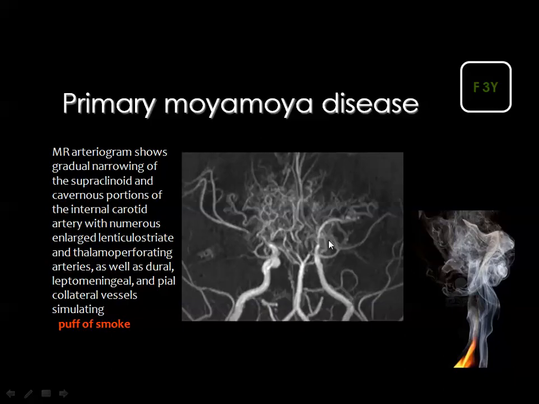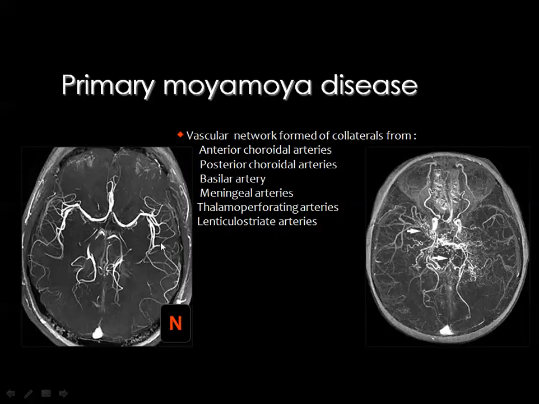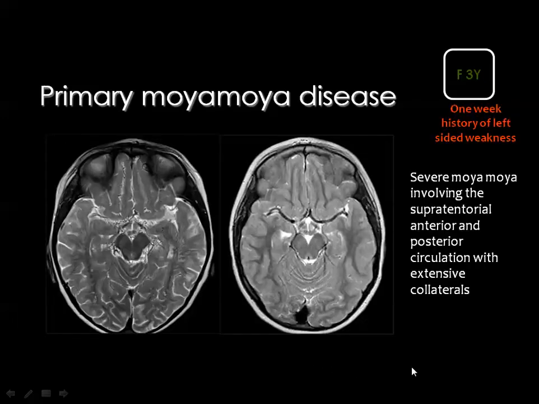And this is a characteristic appearance of primary moya disease in MR angiography, showing absence of the middle cerebral and anterior cerebral arteries on both sides, which are replaced by these huge, dilated tortuous collateral vessels, mimicking the puff of smoke. This is the normal MR angiography of the cerebral circulation. This is the anterior cerebral, middle cerebral, posterior cerebral. But here you see only the internal carotid. You don't see the anterior cerebral, the middle cerebral, or the posterior cerebral, which are replaced by this network of dilated tortuous vessels. And this is also an image which is diagnostic of moya disease.